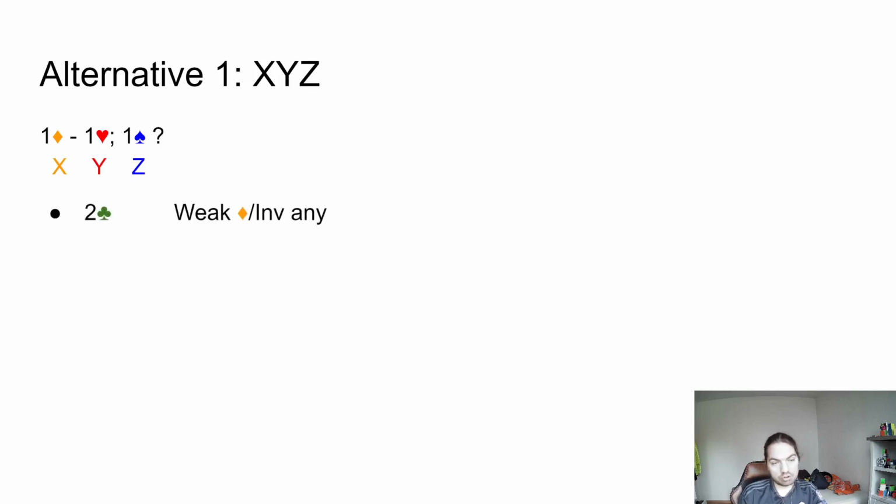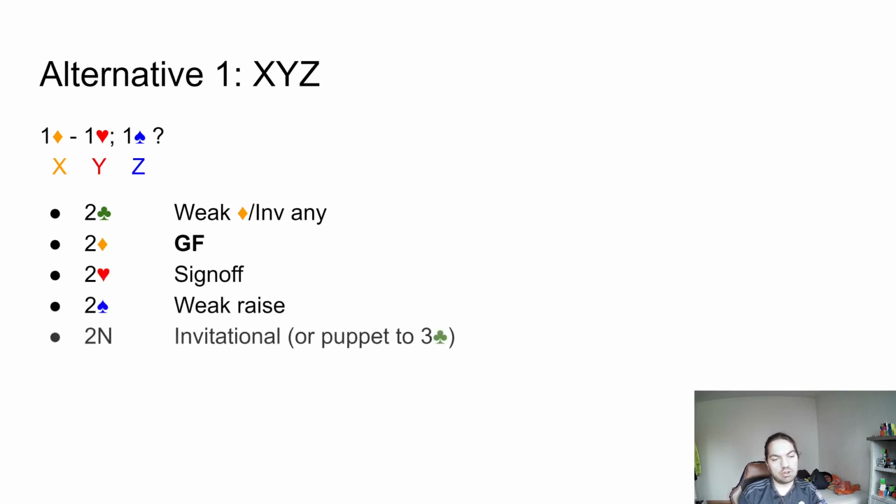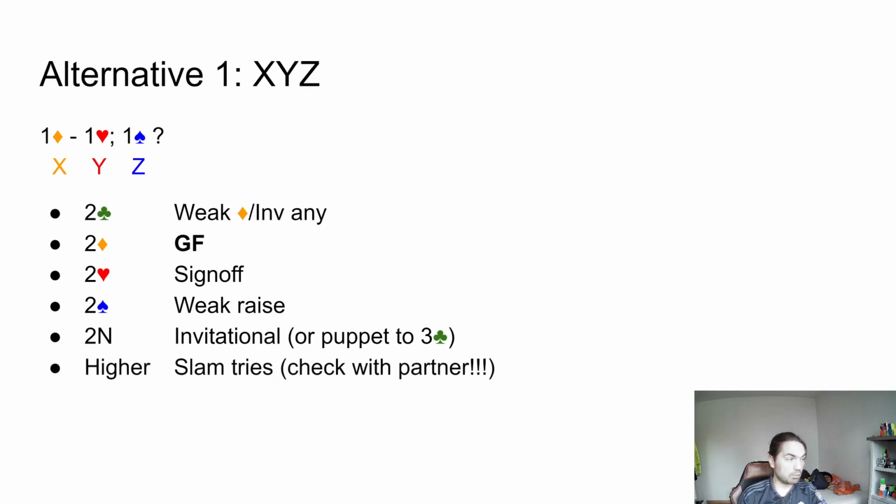So two clubs is always weak in diamonds or invitational any. Two diamonds is game forcing, not a diamond preference, important. Two hearts is a sign off, two spades is kind of a weak raise, and two no trump is invitational. Sometimes you could even play this puppet to three clubs, and everything else would be slam tries. Please check with your partner. So if you bid three spades, then actually that's kind of standard to play that as forcing and the slam trying spades